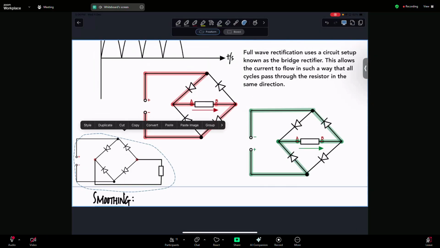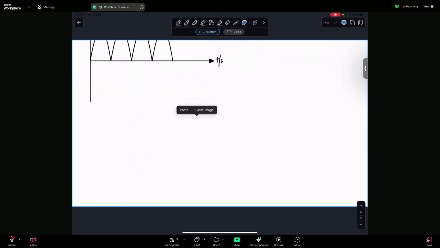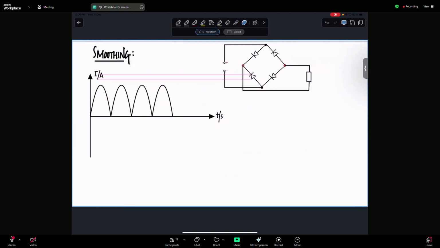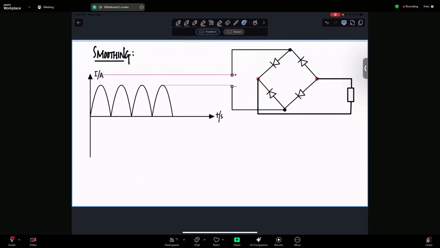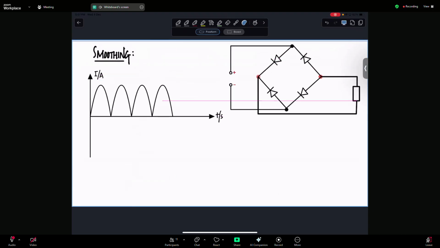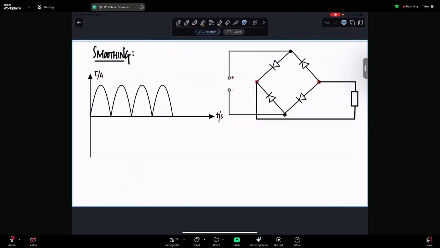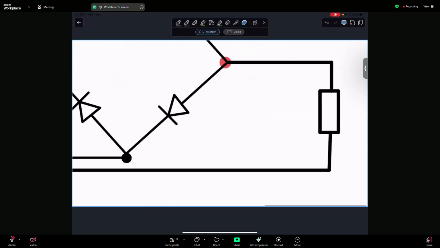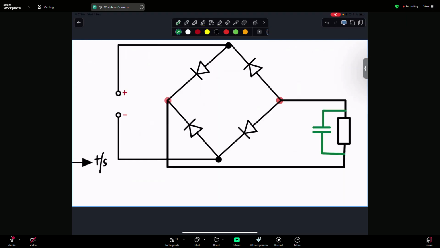We have to use capacitors. This used to be taught in the capacitor chapter, but since the AC chapter came, it's now done in AC. So it's a capacitor function. What we do is we place a capacitor, and listen very carefully, in parallel to your component, the component for which you want the AC supply to become DC. You place a capacitor in parallel, and it turns out this can actually convert the supply